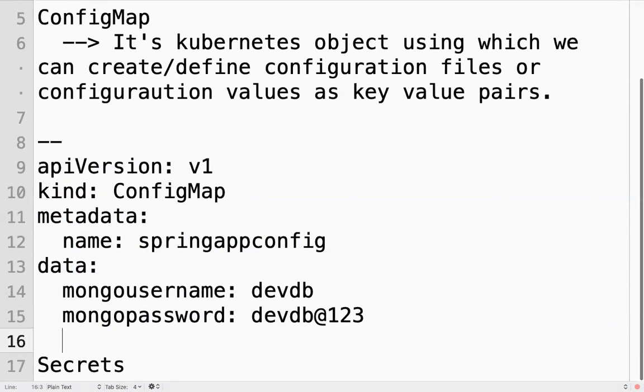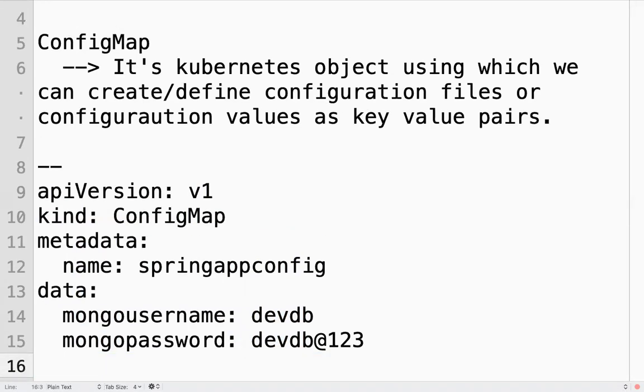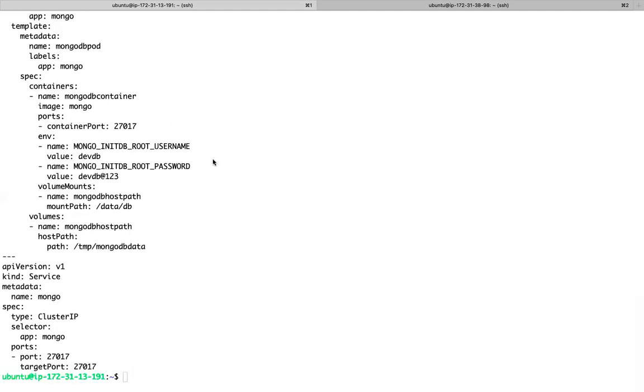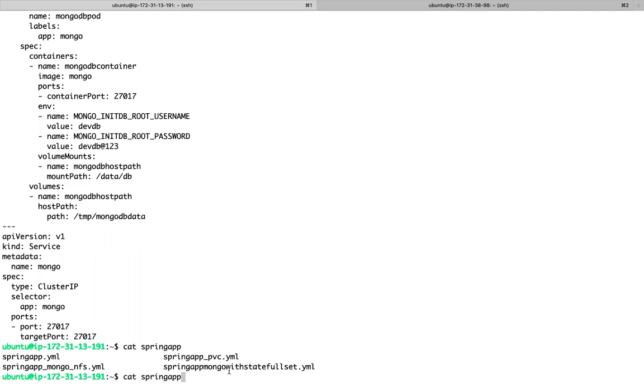In my pod manifest, something like this I can use. You can use this config map and secrets in your pod manifest. That can be a deployment, a replica set, a replication controller, whatever it is in your pod manifest. You can refer to it something like this. Let me take any pod manifest, this one.